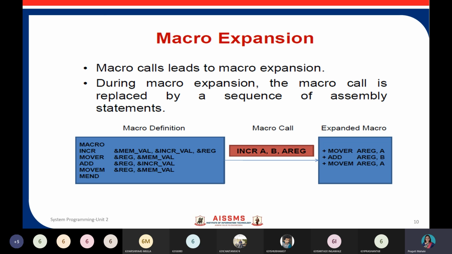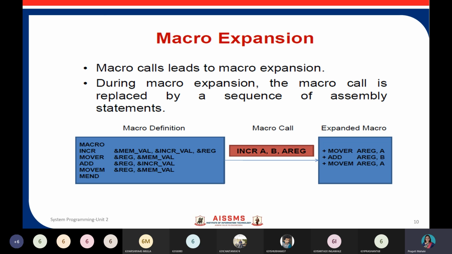We have seen that we have to give the name of the macro followed by the actual arguments. So I am passing the actual arguments for this particular macro. This is how I make a call to the macro. And this macro call leads to macro expansion. That is, wherever this macro call is seen in the program, it is replaced by the statements which are defined in the body of the macro.